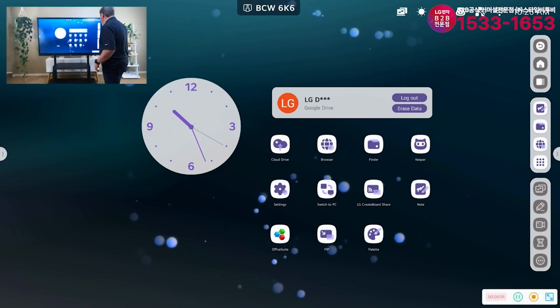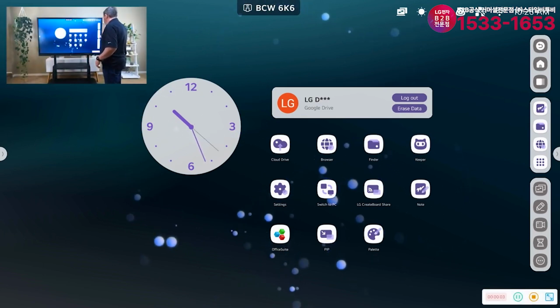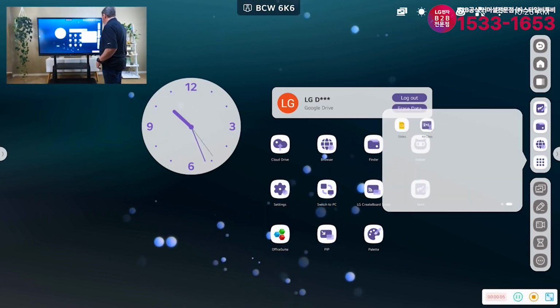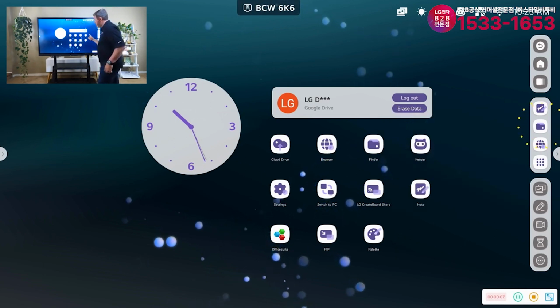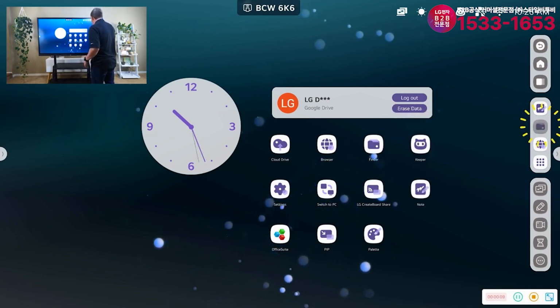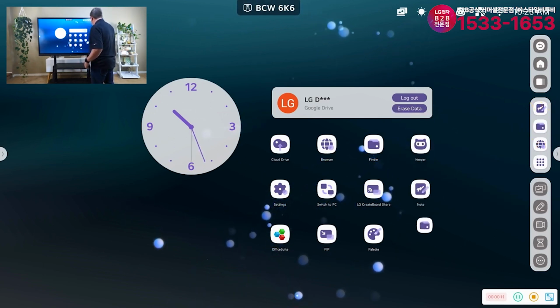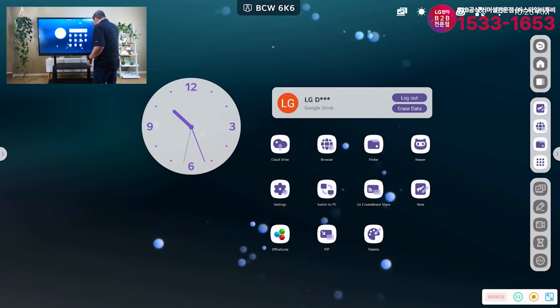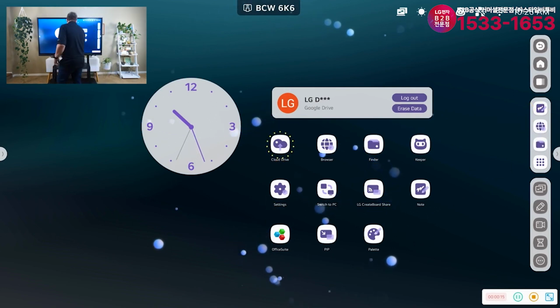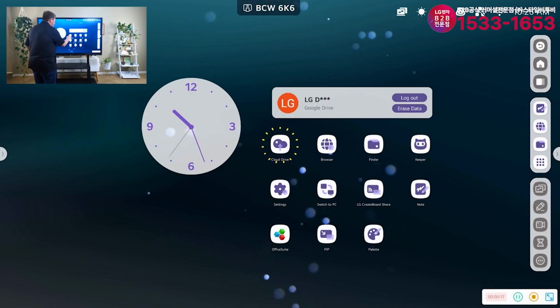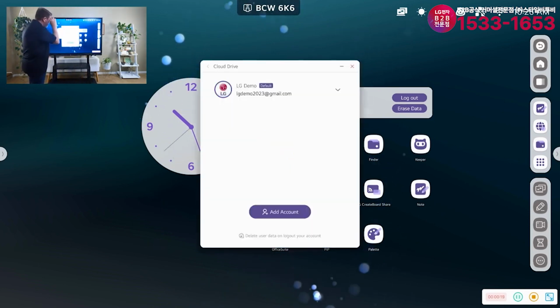Okay, let's take a look at the center section of apps here. So the center section of apps have been added over here. You'll see them there. And let's first take a look at them sequentially. So we have our cloud drive. And so we have cloud drive, which is Google's